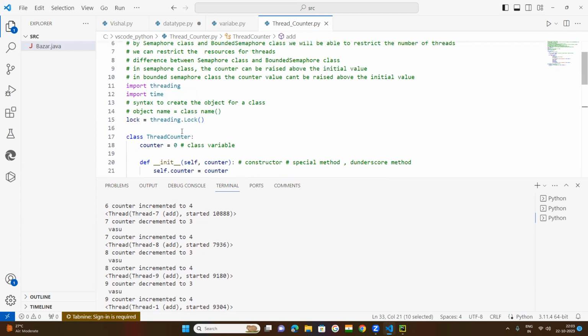So in the semaphore, now I want to change this class name to the Semaphore class. What I told you is that for the semaphore, we need to pass a count as a parameter, suppose that is 4. So semaphore means